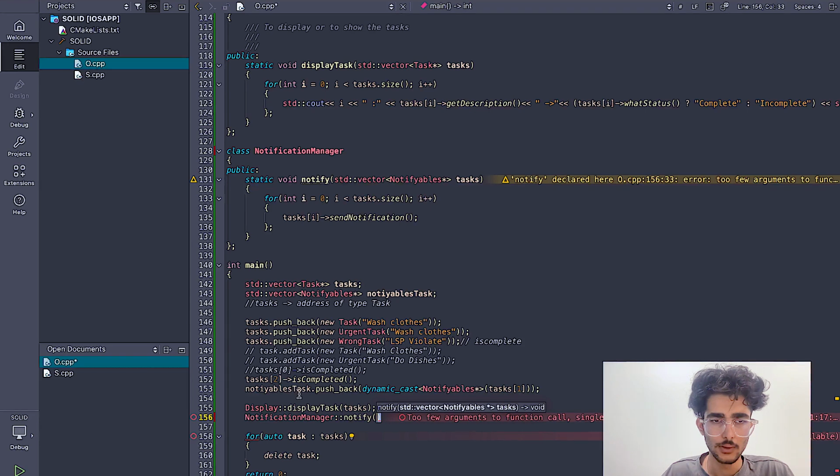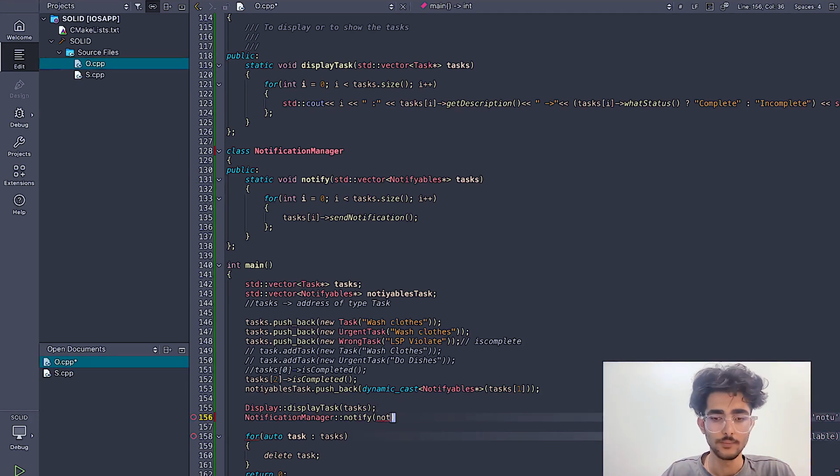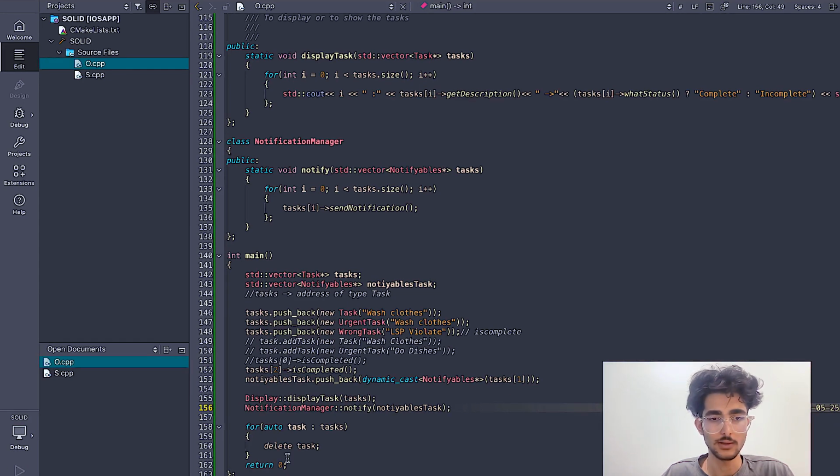This vector name. I decided to take longer names, that's why. All right, so this is going to take a vector list, which is notifiables, which has one member, which is the urgent task. So if I run this again,